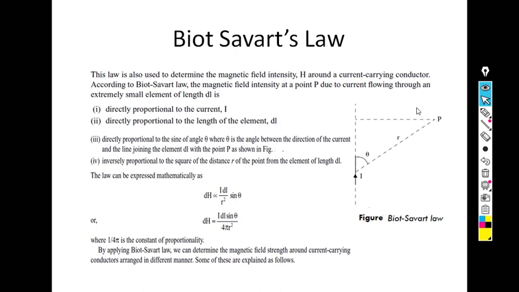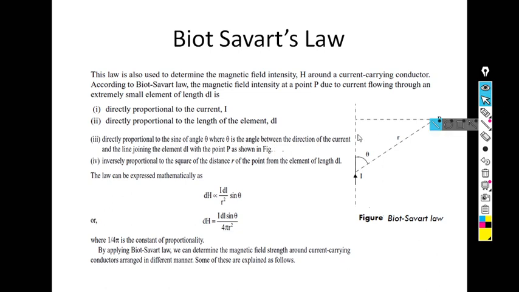So this dH is produced here because I am taking a small length. This is the total length of the conductor, suppose, and I am taking a small length dl. If due to the total length the magnetic field strength produced here is H, then we can take a small elemental length dl multiplied with the current flowing through this small element, I dl. Due to this I dl, a small magnetic field strength dH is produced. So dH is proportional to this I dl.